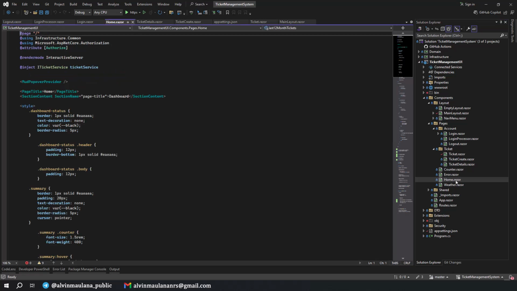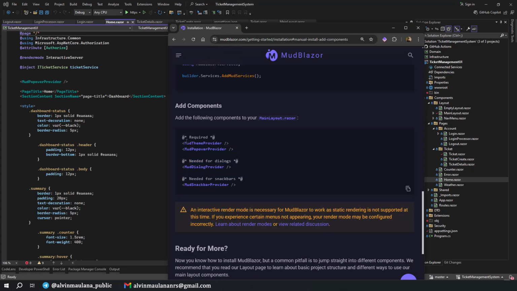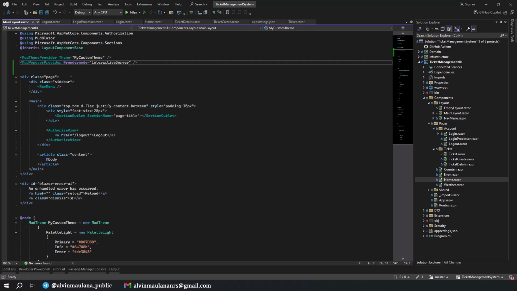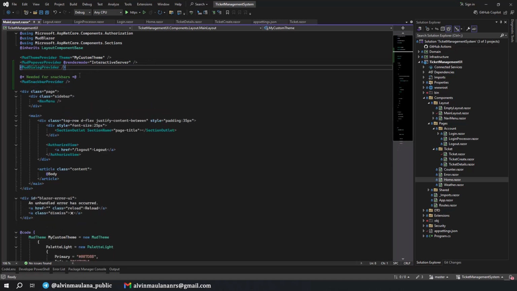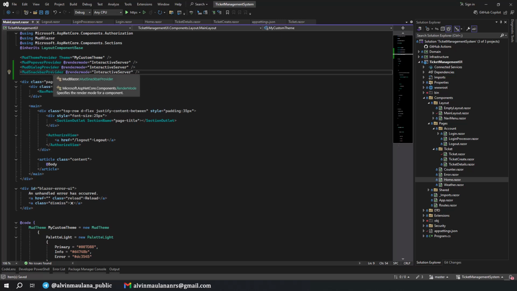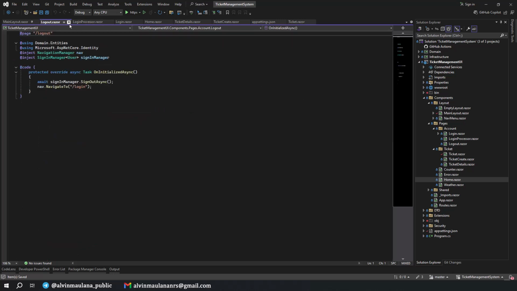Oh no, we only use the MudPopoverProvider for now, but actually we will use the dialog. Okay, these all three components, so we can just put them all, just remain these two. Okay, where is the main layout? I pinned it. Okay, and put here, remove the comment and put all the render mode here. Nice. By this, we don't need to use or recall these three components again for each page we use. Just remove it.